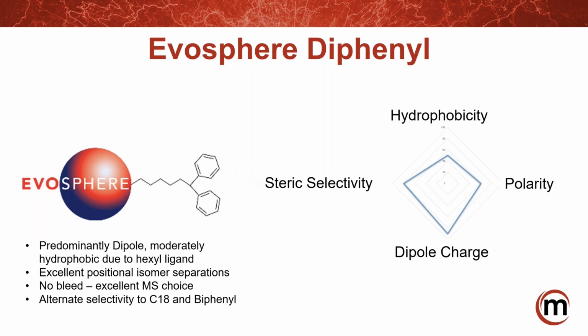It's actually based on a diphenyl hexyl, so it's a stabilized diphenyl. Popular chemistry that a lot of people use is a biphenyl. This is a diphenyl that gives similar selectivity but different interaction because the phenyl character is not lining up straight, it's lining up sort of like a landing strip. So it does give some unique selectivity there, and so we've seen it as a really good alternate to selectivity